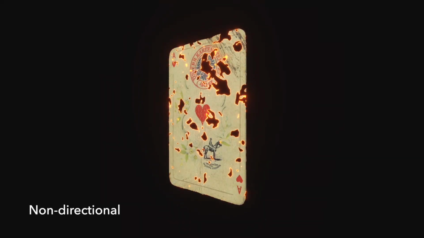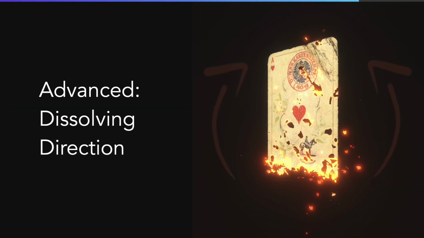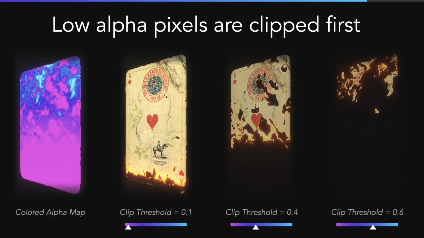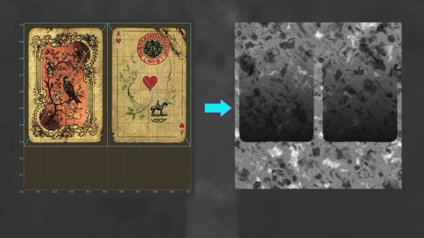The alpha map decides which pixels will be clipped first and which ones will be clipped later. It's made of a noise texture and the alpha channel of the albedo. So, if you want to control the dissolving direction, you need to modify this alpha map. A quick solution is to make another noise texture as shown on the screen. You need to rely on the UV map to create this directional dissolving map. In our case, the playing card image is upside down and occupies only half of the texture. There are too many downsides to this solution, making it not an efficient one.